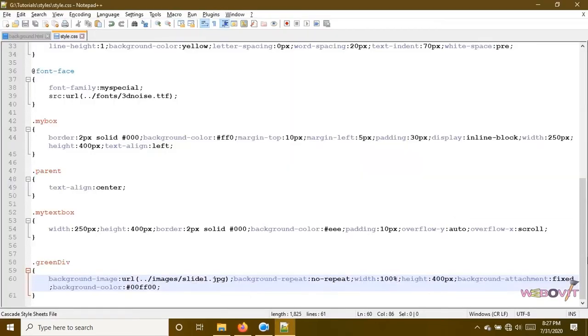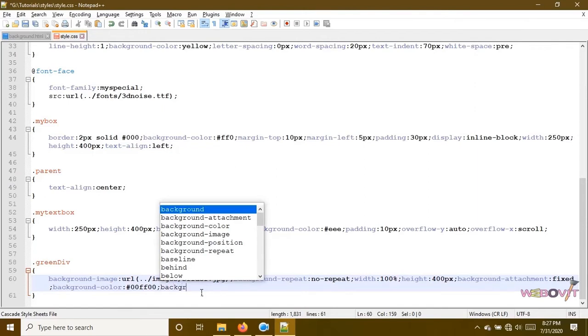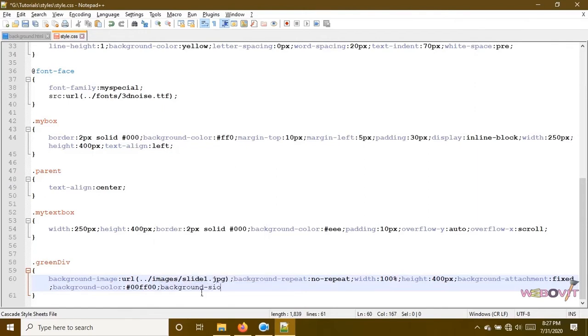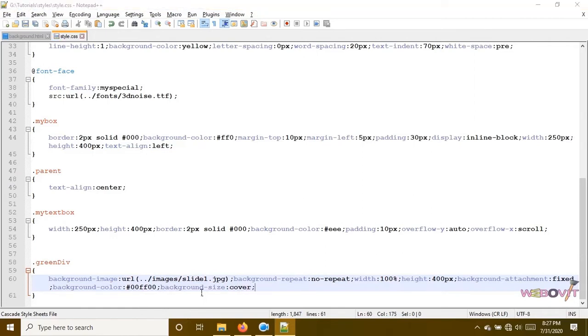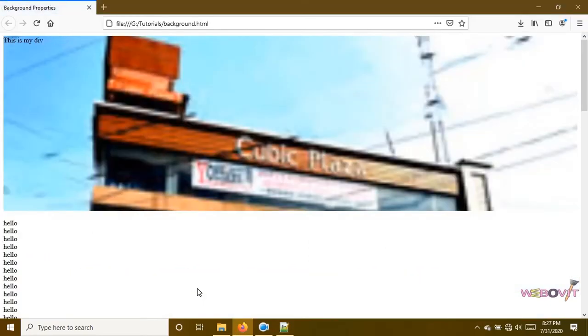So what I will do in this case, I will use background size. Using background size, I can control the size. If I say background size cover, then this will become full screen.